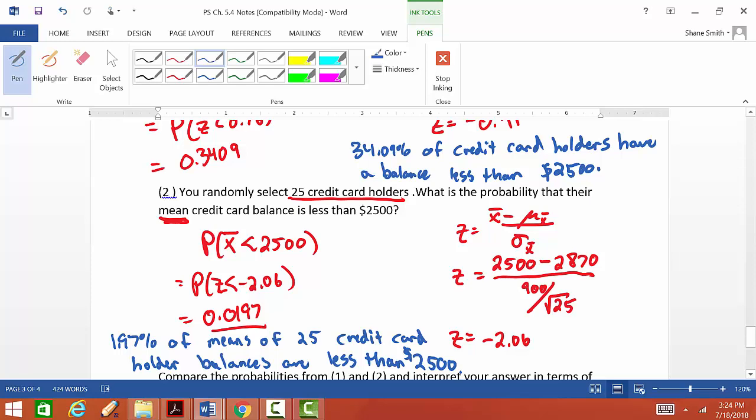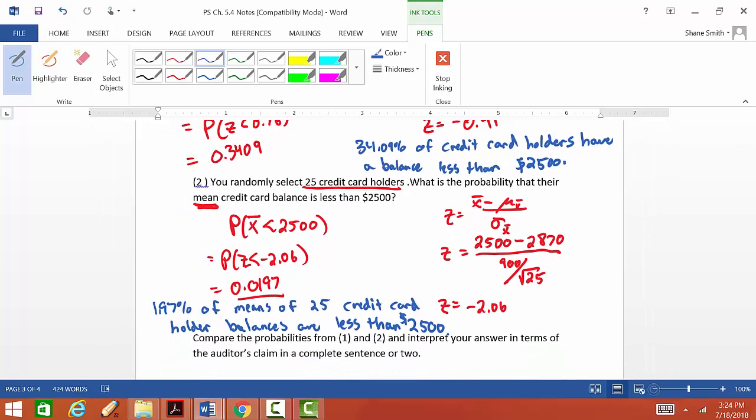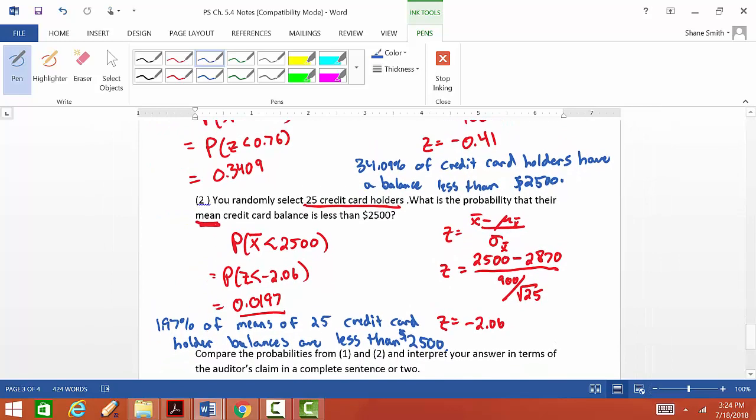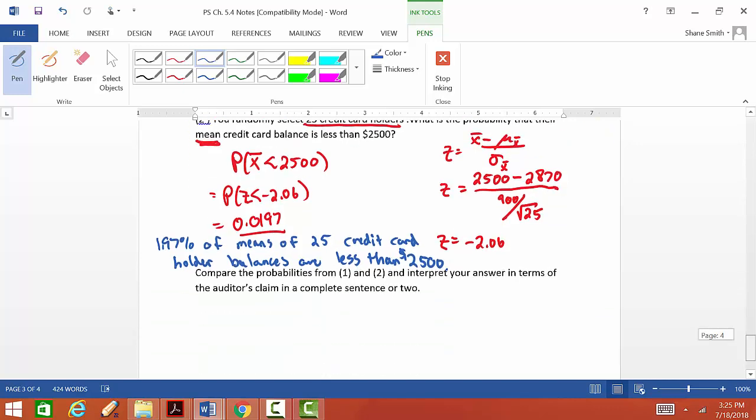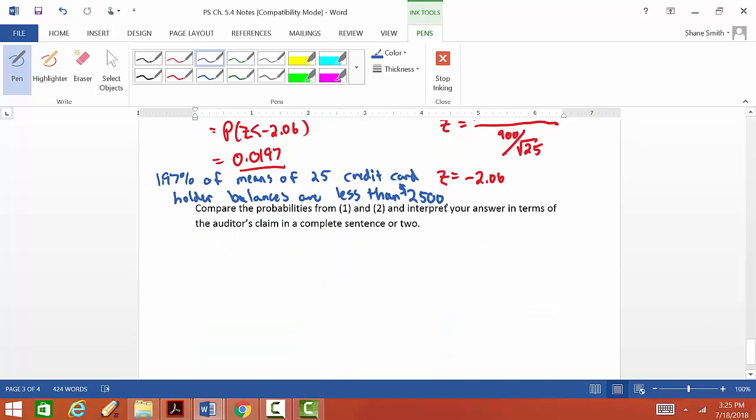So once again, notice the difference in the question and how it affects the probability. This probability is 34%, almost over a third. This probability is not even 2%. Notice how much smaller the probability is because now I'm getting a sample of 25 credit card holders. So, compare the probabilities in 1 and 2 and interpret the answer in terms of the auditor's claim. I'm not really concerned as much about the auditor's claim, but basically, this is the takeaway I really want you to get, the probability